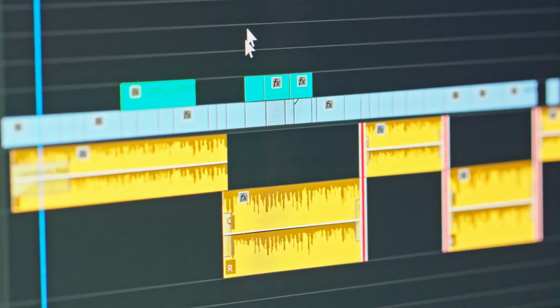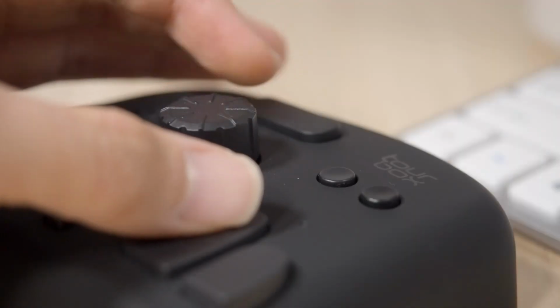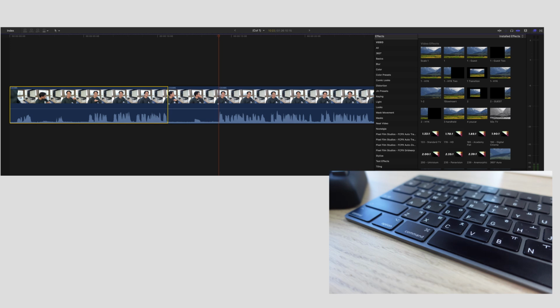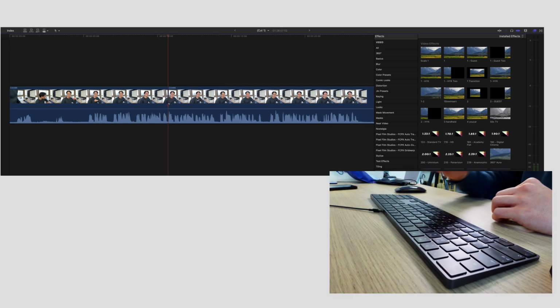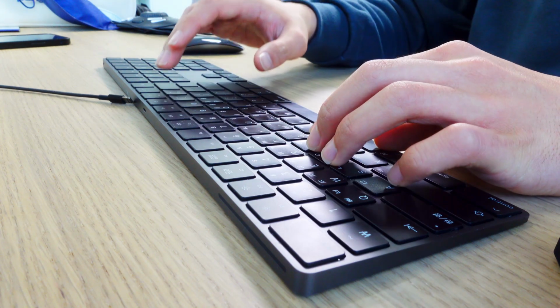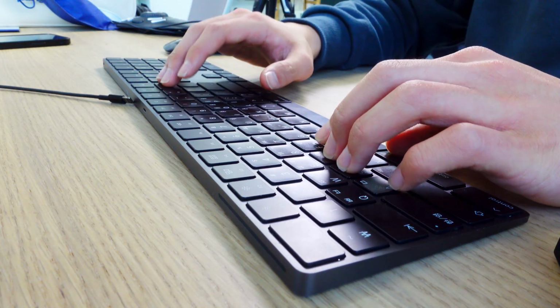Remember how I said keyboards are designed for pushing action, and it's much more clever to interact with video editing using rotational action, but you still need to do that pressing action. For example, on my keyboard, I would have to press Command plus B to make a cut, then hit backspace to delete. It's not that slow if you're doing it several times, but when I'm making my initial edit, I do the same action hundreds of times, if not thousands, and that little short second will eventually compound into a minute and maybe like an hour.